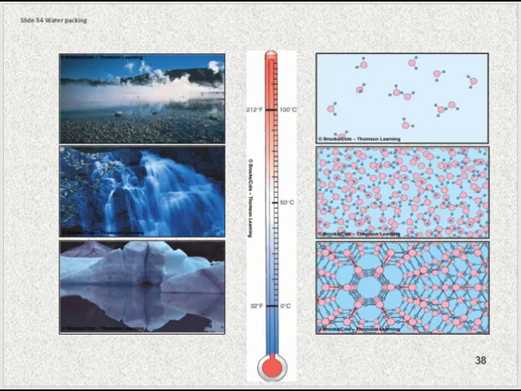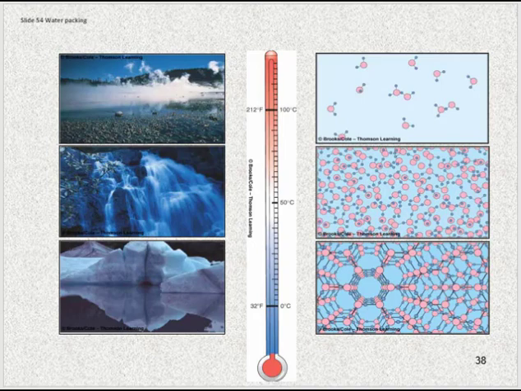Now, why is this important? The fact that ice is less dense than liquid water is extremely important if you were an organism that lives within a lake or a pond. Because you see, if the whole chunk of water froze instead of having ice floating on top, everything in the pond would die. Because ice floats on top of the pond, it allows for many organisms to exist below the